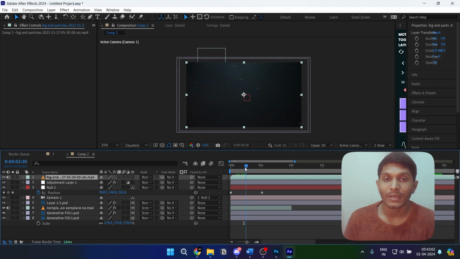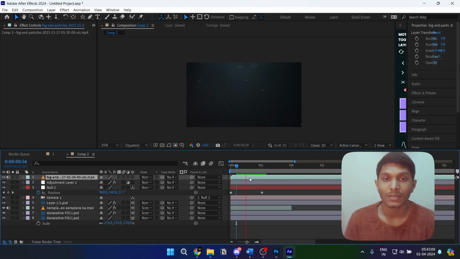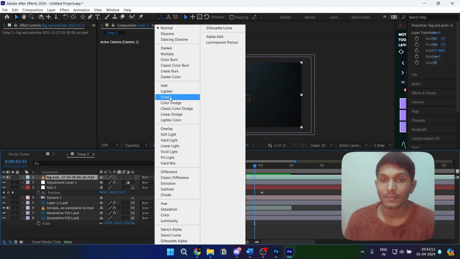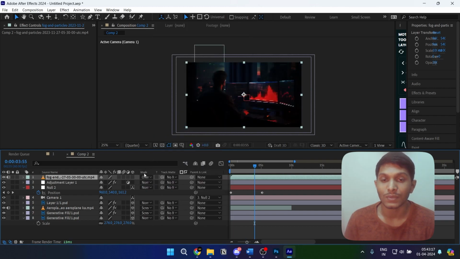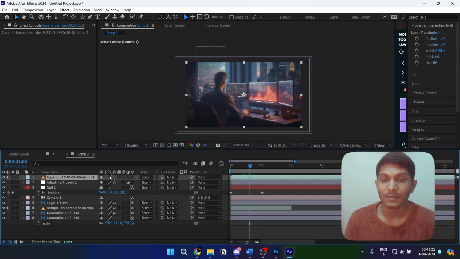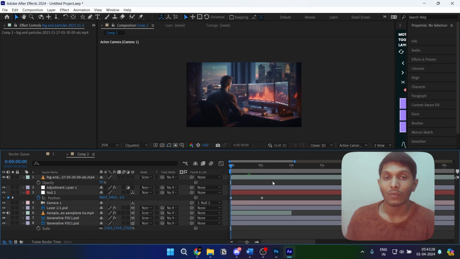So now I have imported this. This is a fog and dust particle overlay. As you can see this, right? Now we'll change the blending mode for this to screen or maybe overlay, which is suitable. Okay, so we'll keep it screen. And as you can see, we'll reduce the opacity to maybe 50%. And now we have more